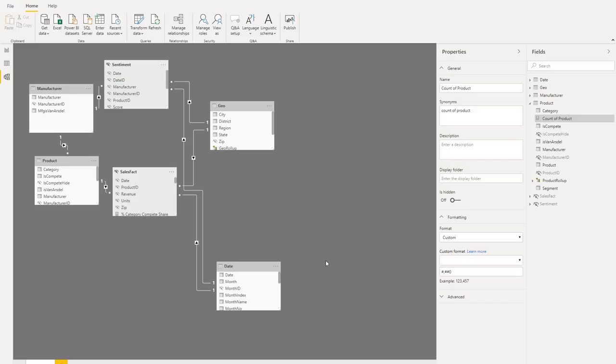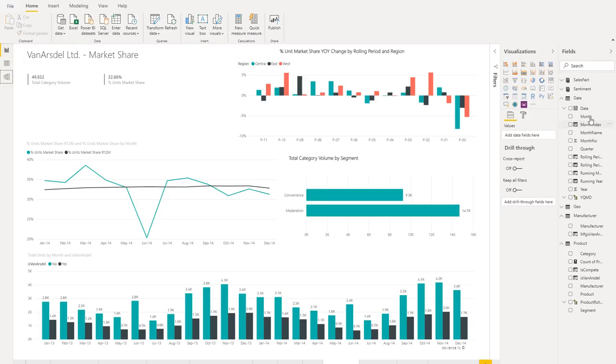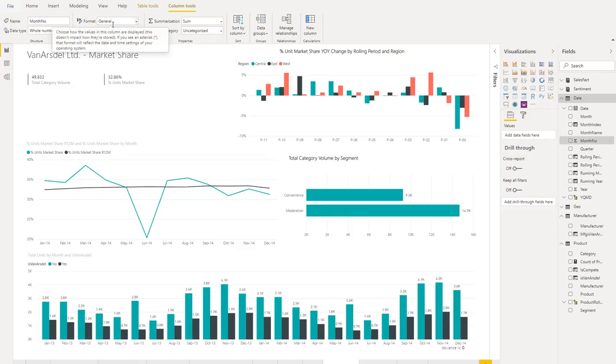You may remember from before that the only way that you could set custom format strings was to go to the modeling tab or modeling view in Power BI Desktop, and then go to your properties pane and make sure that you have this format section selected on the custom area. Now you can set custom format strings in the ribbon, and by doing that, I can just click on whatever column or measure that I'm interested in, and I can click in this format combo box here, and if I just paste in the custom format string that I'm interested in,